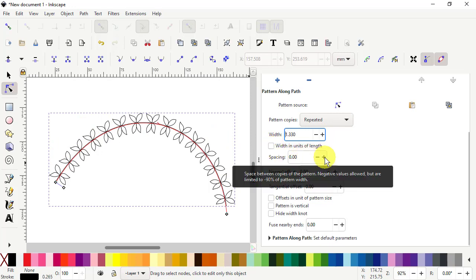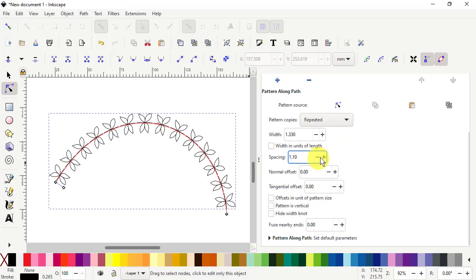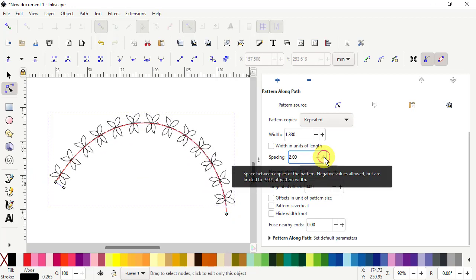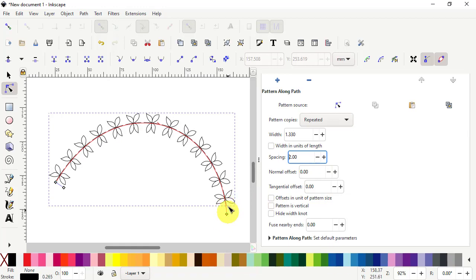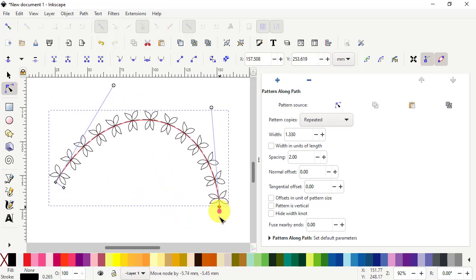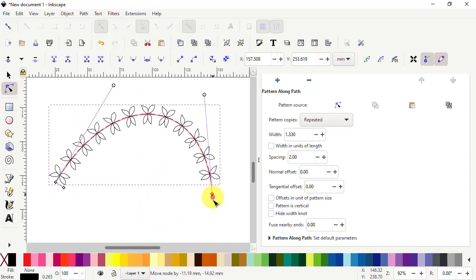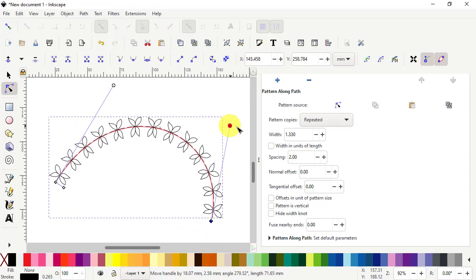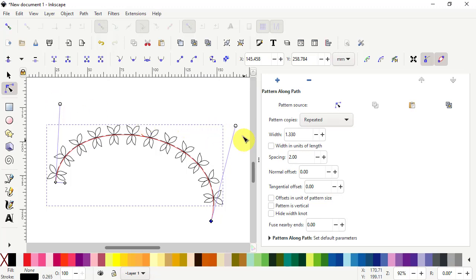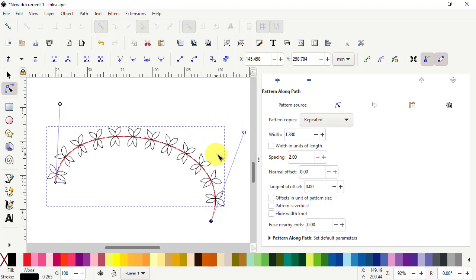And the spacing can be changed, so we can work with the spacing. If we make that bigger, you will see that we will get fewer flowers, but it may not quite end up at the end. Also, we can still manipulate the path so that we can make adjustments on the path. And say we come to a point where we are satisfied,